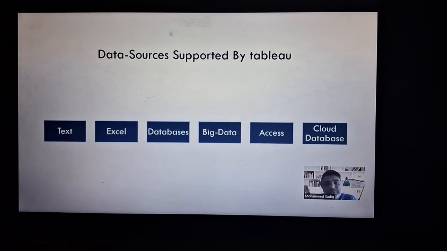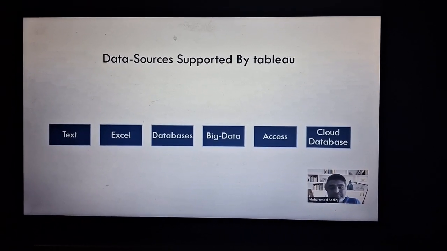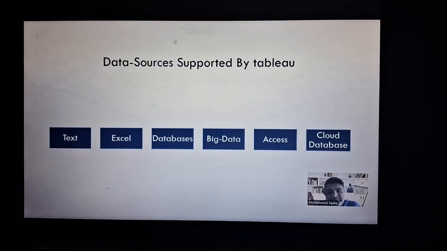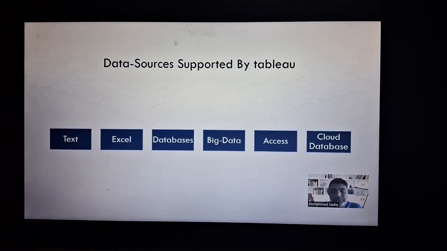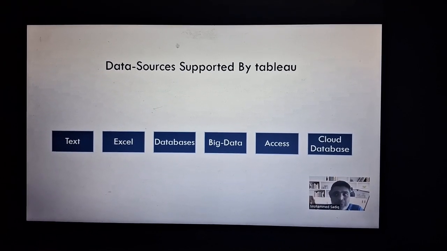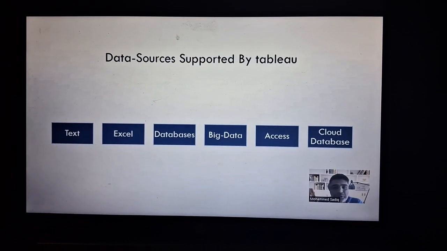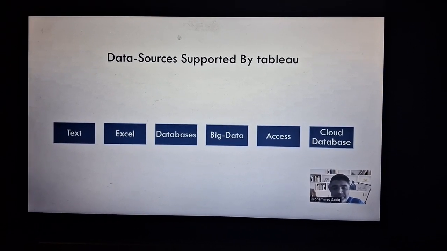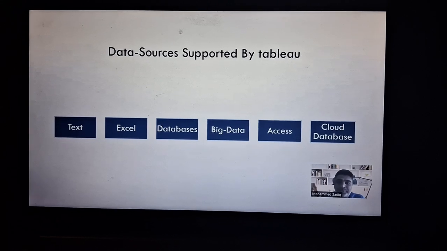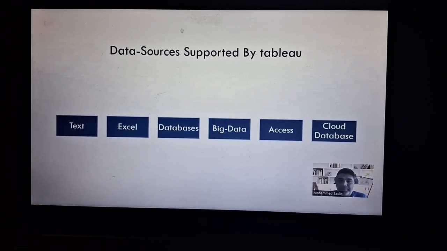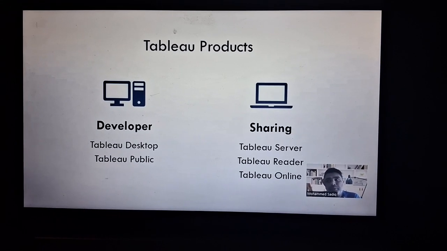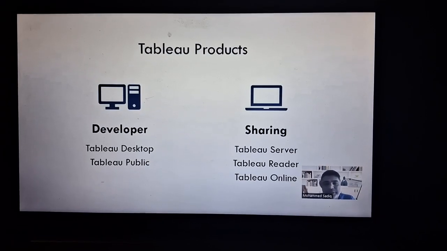It also helps you to connect to big data, Jet database, which is like Access database, or even databases stored on the cloud. The Amazon cloud, or it might be Azure cloud. So cloud databases and all these things, it can support. Okay, now the next thing is, when you're working with Tableau,